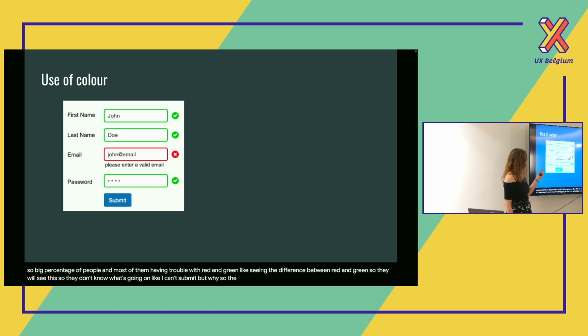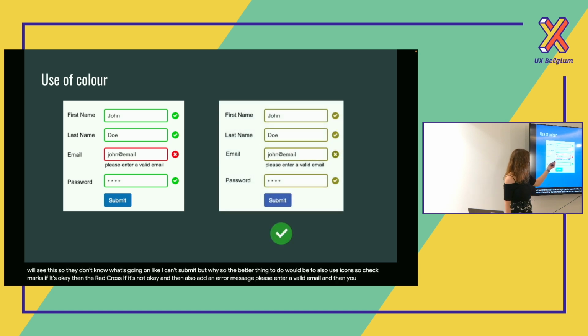So the better thing to do would be to also use icons, so check marks if it's okay, then a red cross if it's not okay, and then also add an error message, please enter a valid email. And then you will see this, which is, now you know what's going on. And this is also more clear for anyone. I can see color, but this example is a lot easier to understand than the previous one.